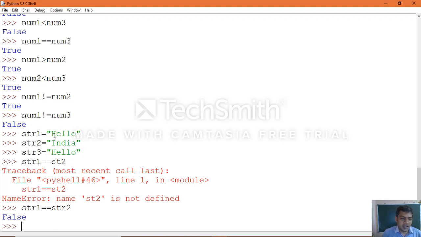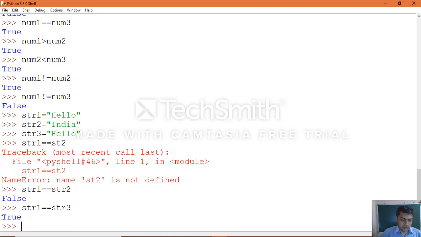So here it will check each and every character. The first character is checked with the first character of string 2. In the same way, the first character of the first string value will be compared with the other one. Like that, each character's ASCII values will be compared. Now we apply again str1 double equal to str3. Now if you see, string 1 value and string 3 value are both the same. Let's see the output, also true, because both are the same.